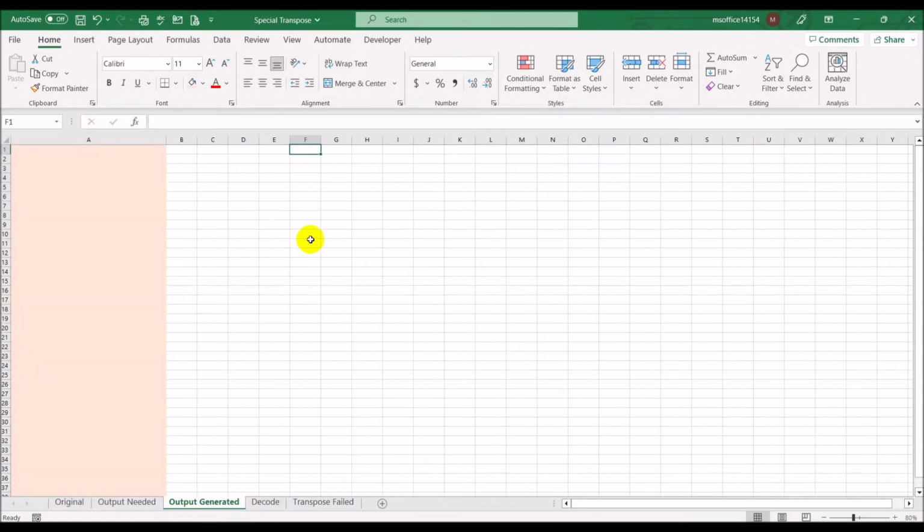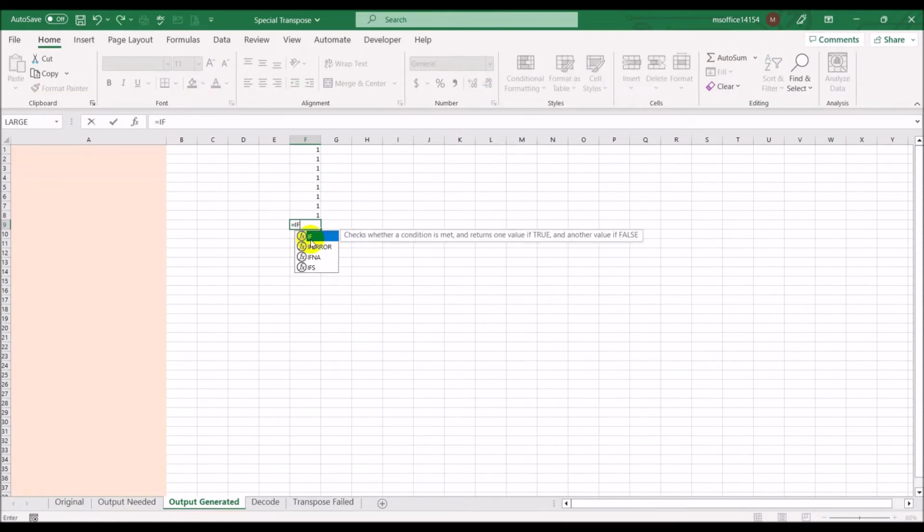So what we'll do is we'll put 8 ones. 1, 2, 3, 4, 5, 6, 7, 8. So basically, this is 8 rows. Okay. Now, on the 9th one, we'll say if row, basically the row function gives you the row number, is